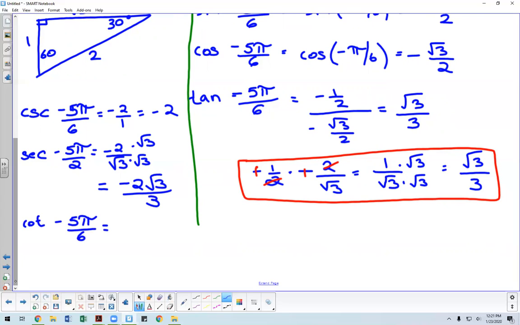So actually, what you can do for your tangent is we had 1 over square root of 3, right? Before we rationalized it. So if you just invert that, you would actually not have to worry about cleaning your fraction up. So you can do square root of 3 over 1 and get square root of 3 as your answer. But let's say you don't think about that and you're still using this guy. So if you needed to do that,